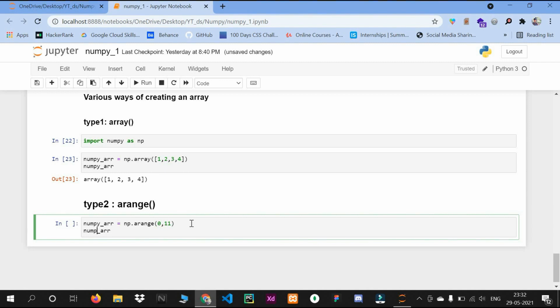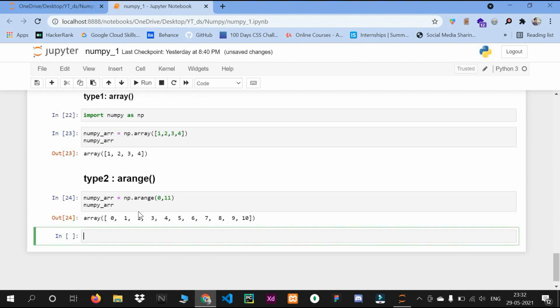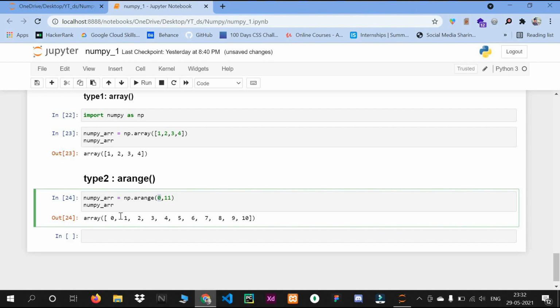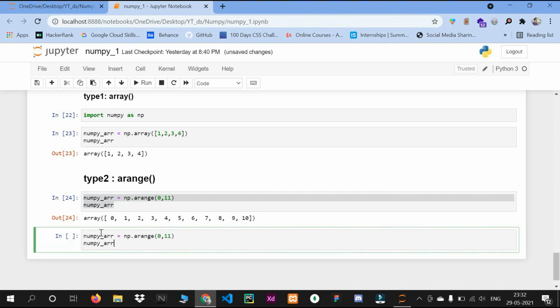You can see the start is from 0, and I wanted the end to be 10, so I wrote 11, and it gave me 0 to 10. So this is arange with two parameters. With the same I will use three parameters. In this, 0 to 11, I want steps of 2.